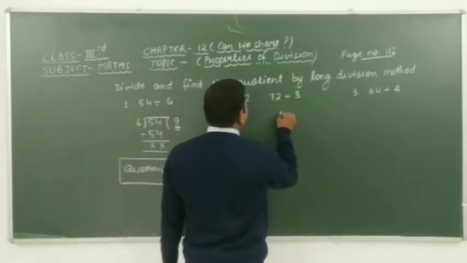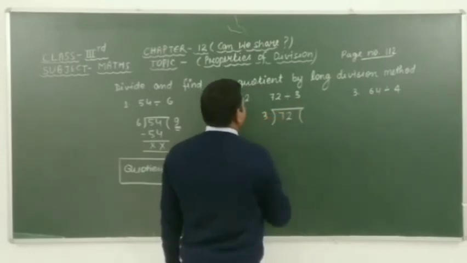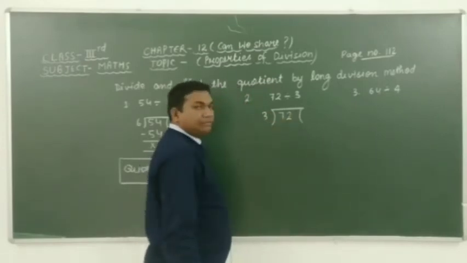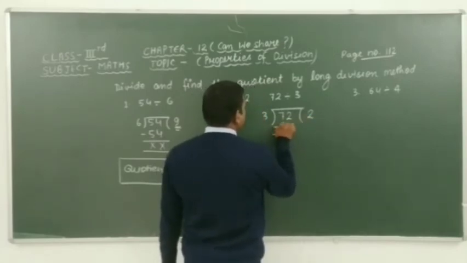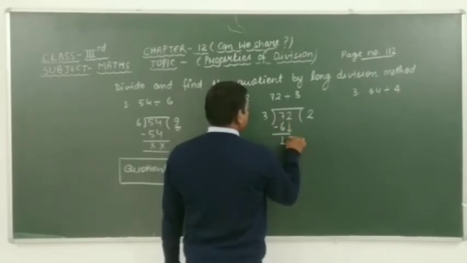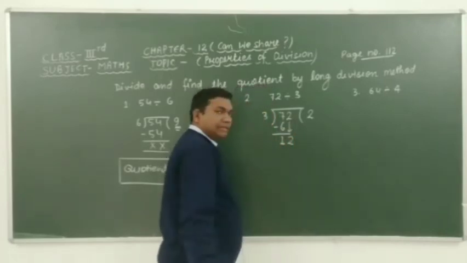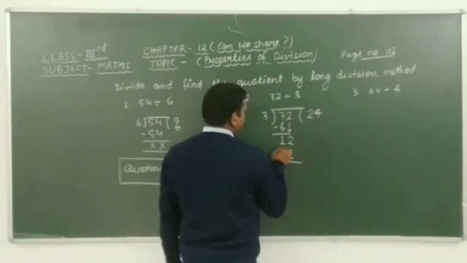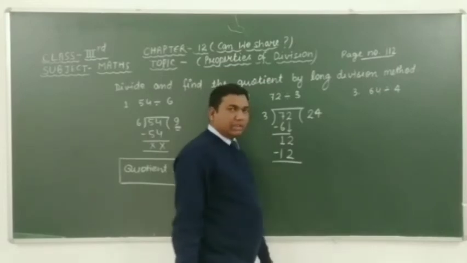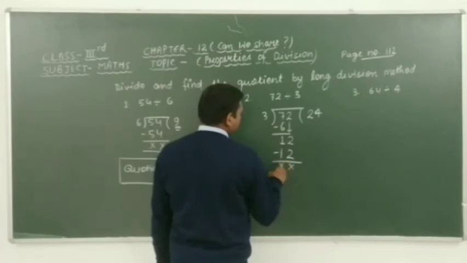Dear students, firstly we have to take the division of 72 by 3. Recall the table of 3: 3 twos are 6. After subtracting these we get 7 minus 6 is 1, and here we bring down 2 as the same. 3 fours are 12. 12 minus 12 is 0. This gives 2 minus 2 is 0, so cancel out, and 1 minus 1 is 0, so cancel out.